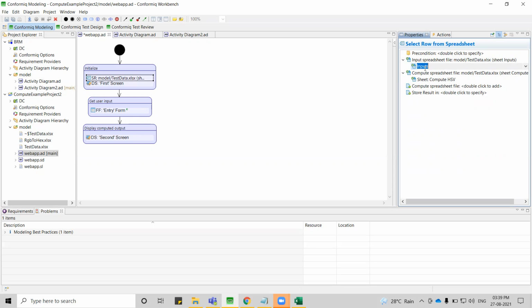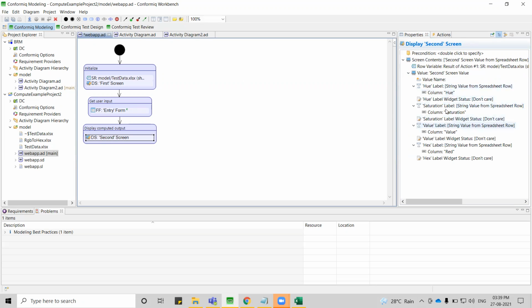So that if you have any formulas, the main data will reside in inputs, and based on those formulas, you can just refer to that output column names over here. So this is the major enhancement that we have done.